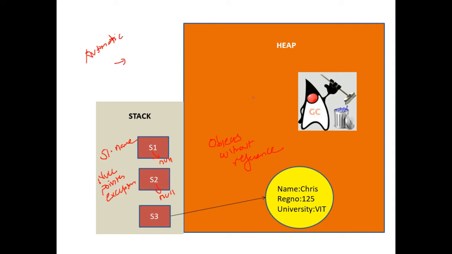This process is important so that we can allocate new objects freely and more effectively on the heap. There's also a process called compacting. What is compacting? Say I have objects allocated here and there, and I delete some so that two objects are remaining. I'll just push them together so that the remaining area is free for allocation of newer objects.